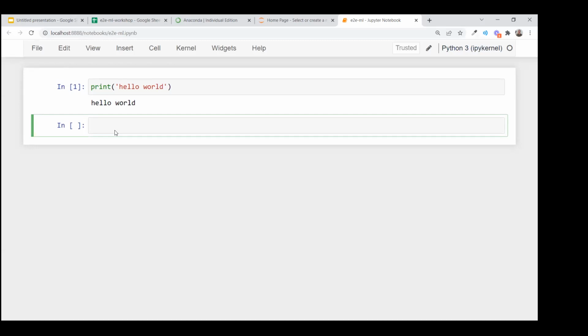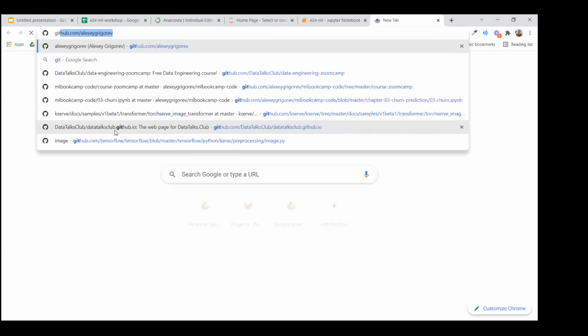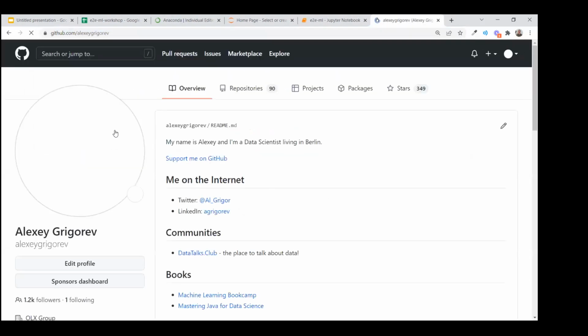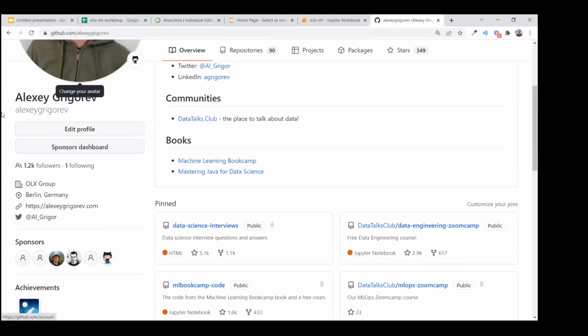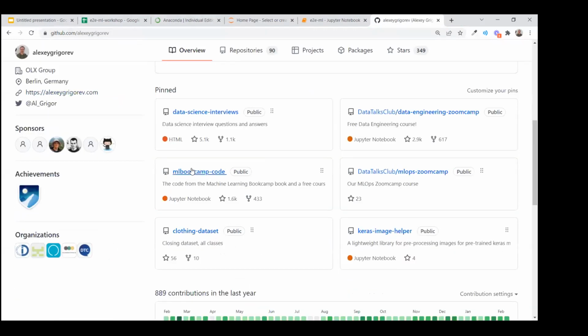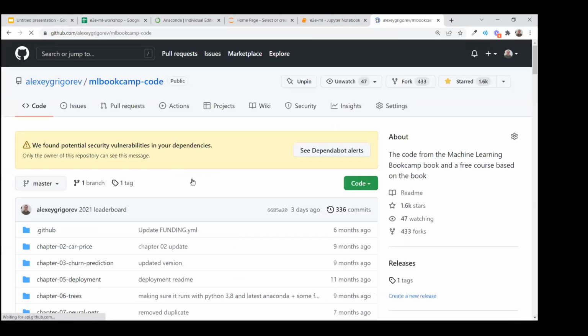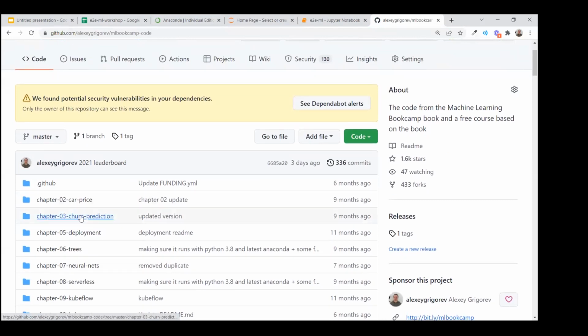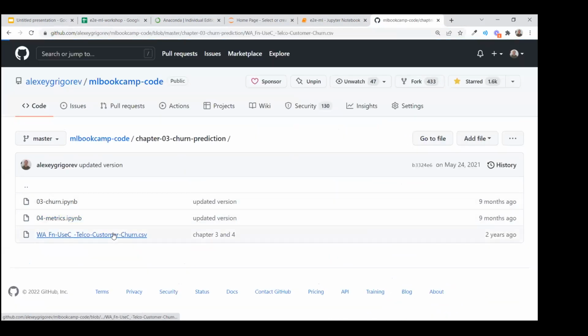And then the next thing I want to do is find a data set. For that, I will go to the book repo. This is my profile, and I have it as a pinned repo, machine learning bootcamp code. We're talking about chapter 3, and here I have this data set.